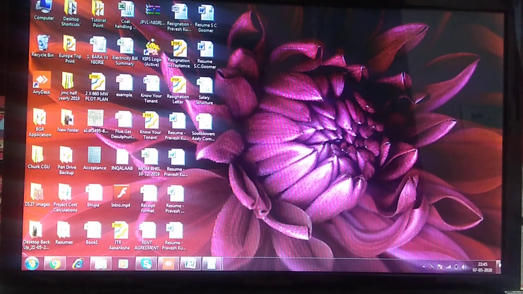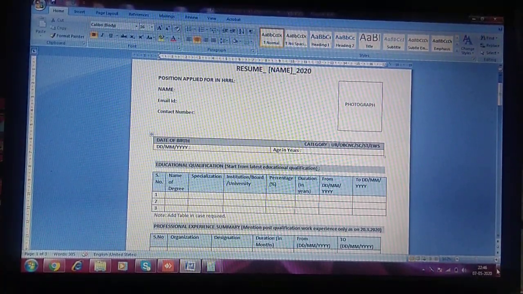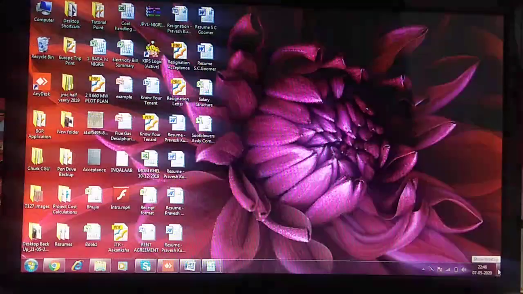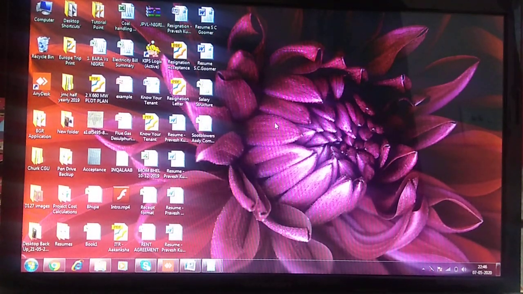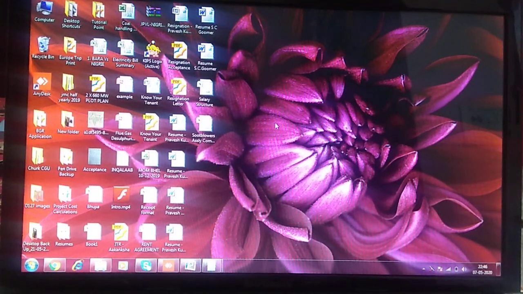See, at the corner one button is there, Show desktop. If I have this Word file open and suddenly want to go to the desktop, just click on Show desktop and you will directly come to the desktop. So that's all for today, and this is how your chapter 2 is completed.